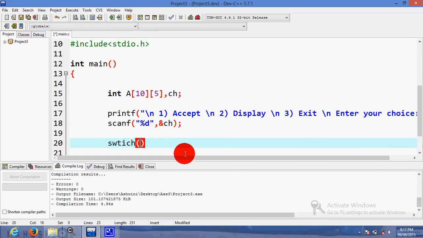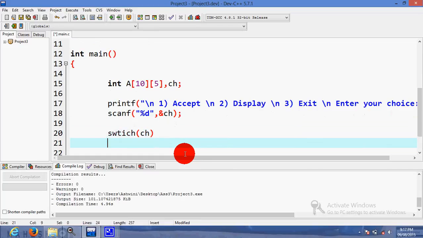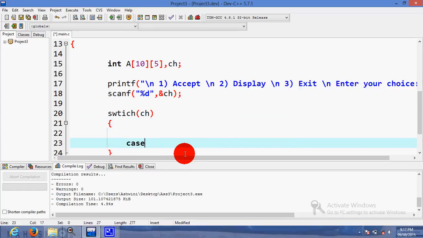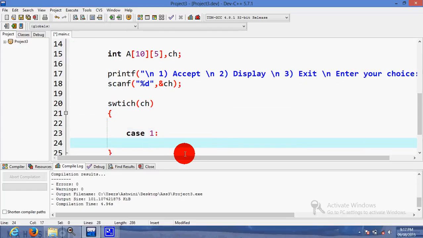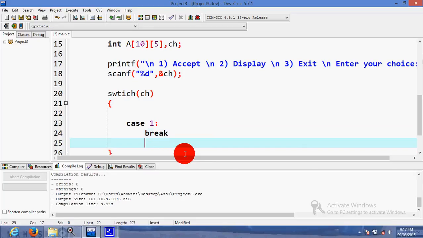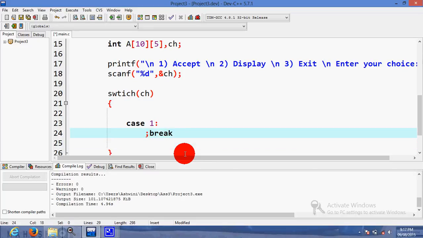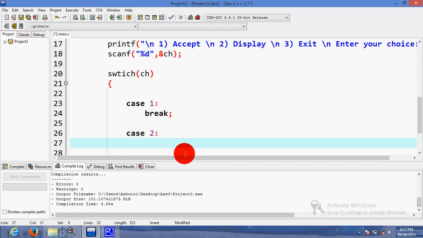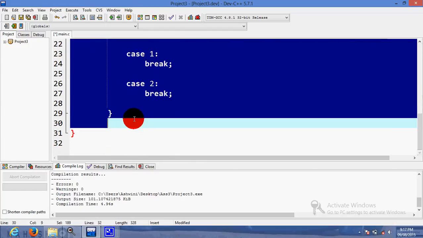Then switch, depending on the various values of ch we can perform different operations. So case 1 is accept the matrix, break, after break we have the semicolon, case 2, break. Now we have to repeat this task any number of times.